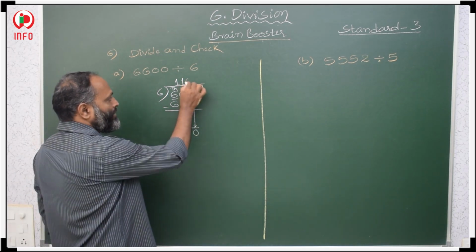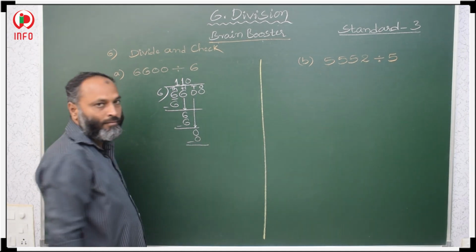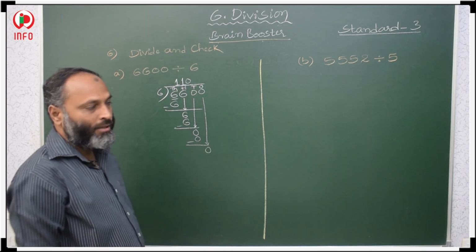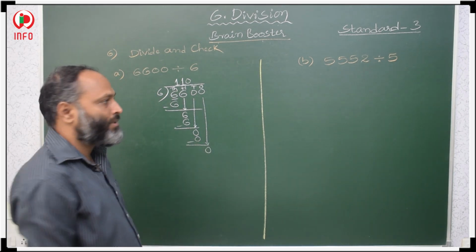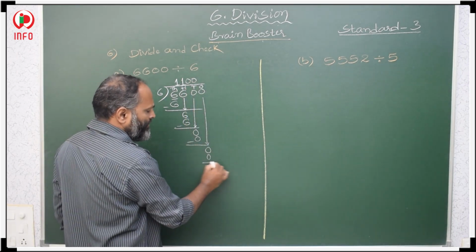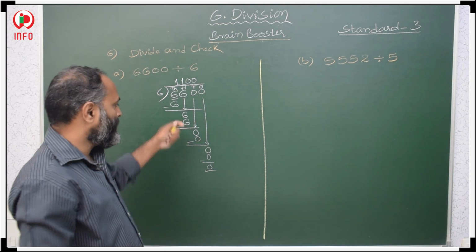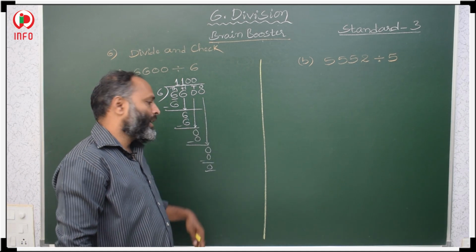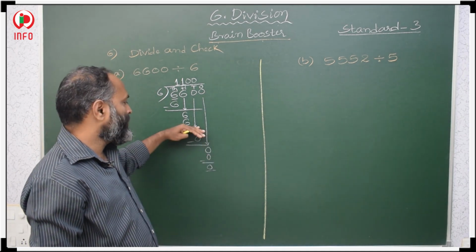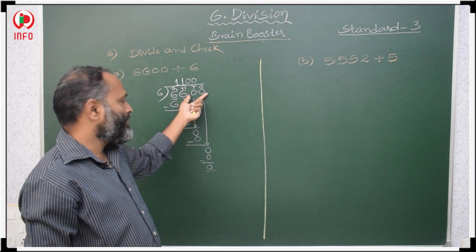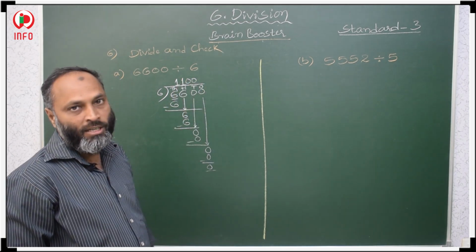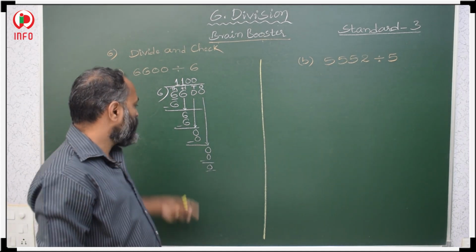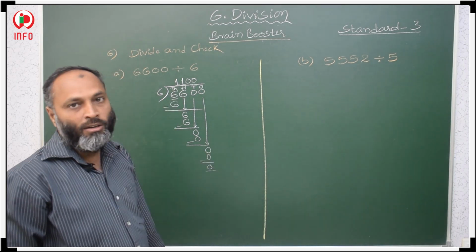6 zeros are 0. And after that one more place is there, the ones place. So 0 again, when you will get 0 in the 6 table, 6 zeros are 0. So the difference is 0. In this way we have to do it if you want to go till the last place, then this is the procedure. If you want to stop here, that's also okay. The rest of the places, 2 zeros, you can write in your quotient place, then your answer will be over. Or if you want to go till the ones place, then this is the procedure.